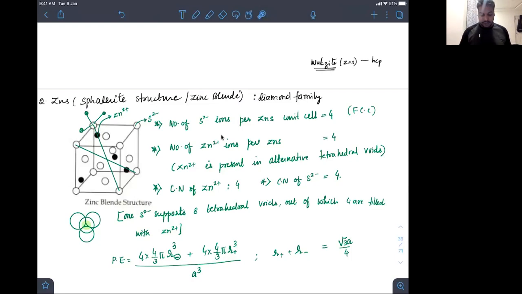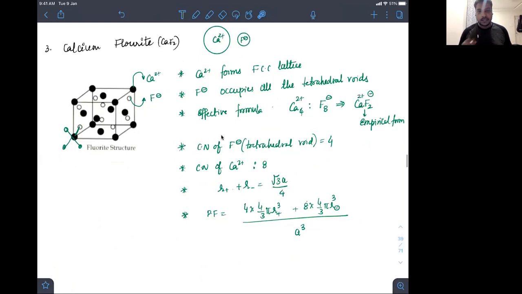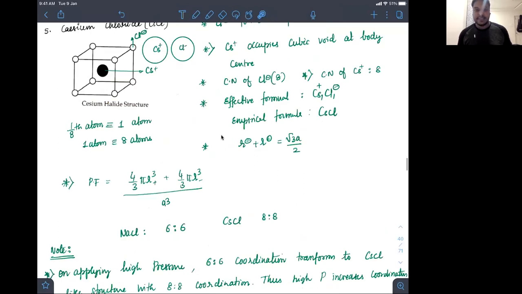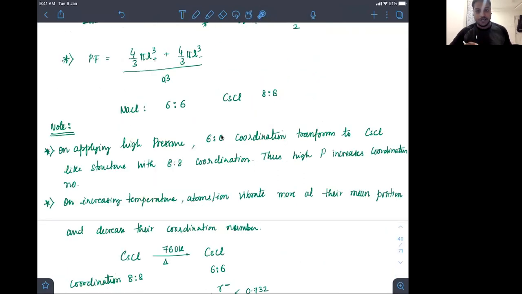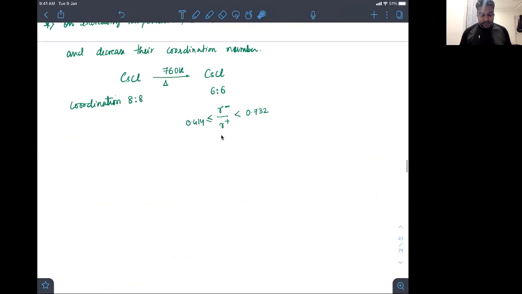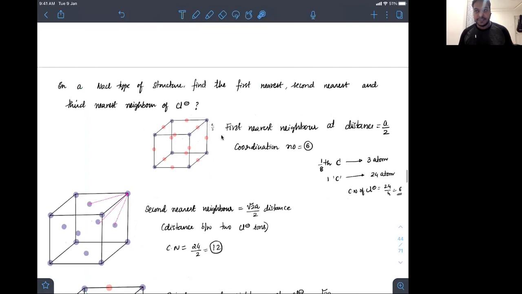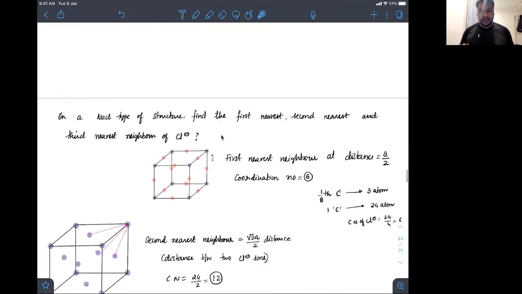Okay. I would suggest you just go through the rest of the cases, where calcium fluoride is, what is antifluoride and what is cesium chloride. So next session, I will discuss the rest of the cases, what the voids exactly are here, and finish up the rest of the problems here. Okay. So you will have a lot of things to read first. I would suggest you have a reading on this, and on Saturday possibly I will discuss the rest of the part and finish the solid state part. Okay. If you guys have any doubt.